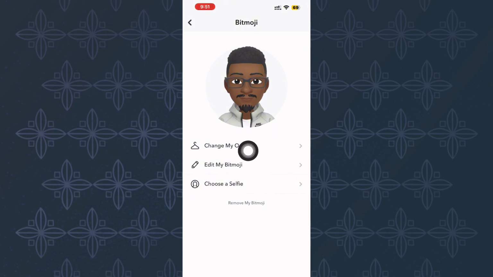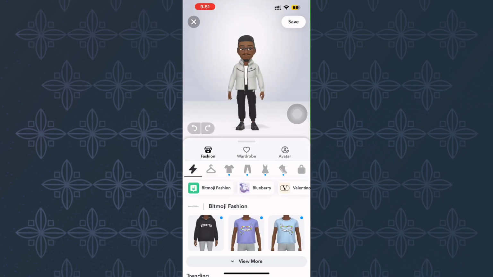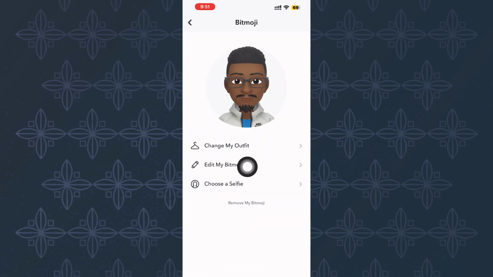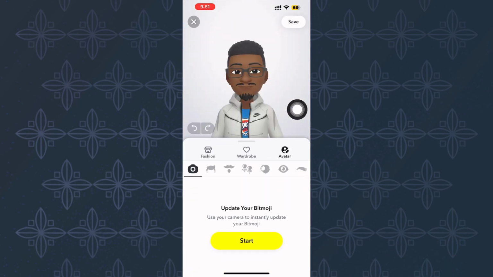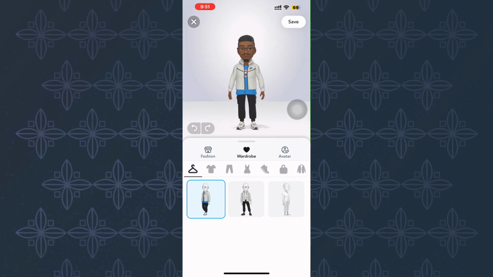You can tap on Change My Outfit right here, and you'll be able to make quick updates and change how your outfit looks based on your preference. Another option here is Edit Bitmoji. By tapping this, you'll be able to adjust facial features, hairstyle, and other visual elements of your Bitmoji using the